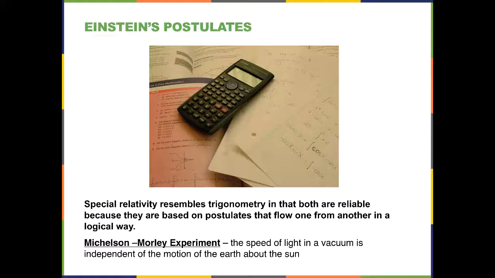Newtonian physics stated that the speed of light would be augmented by the speed of the Earth. Whereas if you measured it in the direction opposite the direction of the Earth, it would be inhibited by that much. And what was interesting was that they showed, quite unexpectedly, that the speed of light in a vacuum is entirely independent of the motion of the Earth. In other words, it didn't matter what direction you measured the speed of light, it was the same regardless. And this was quite remarkable because it